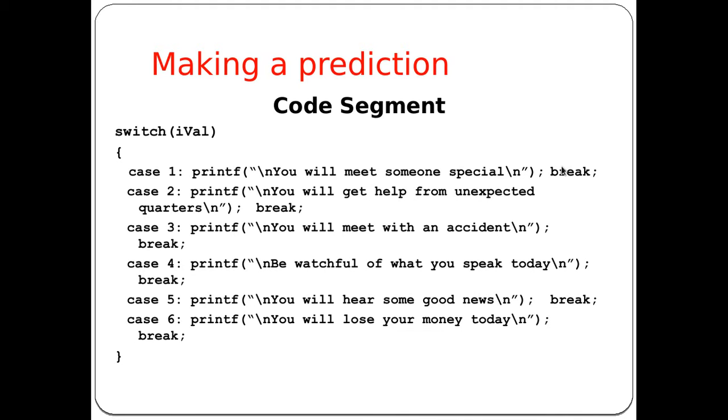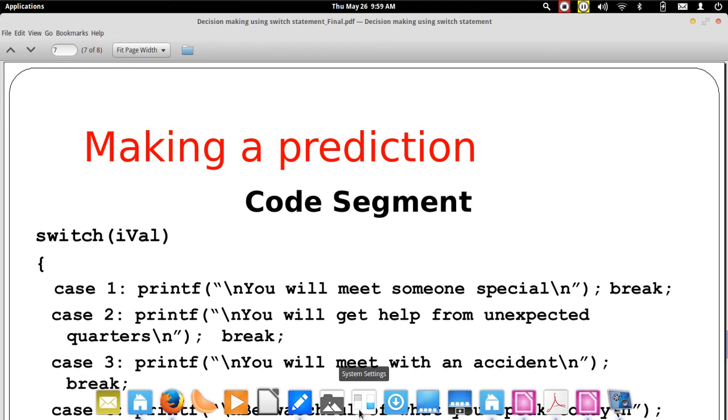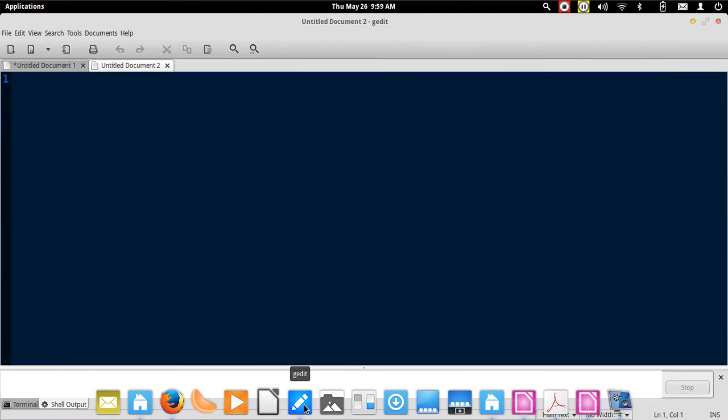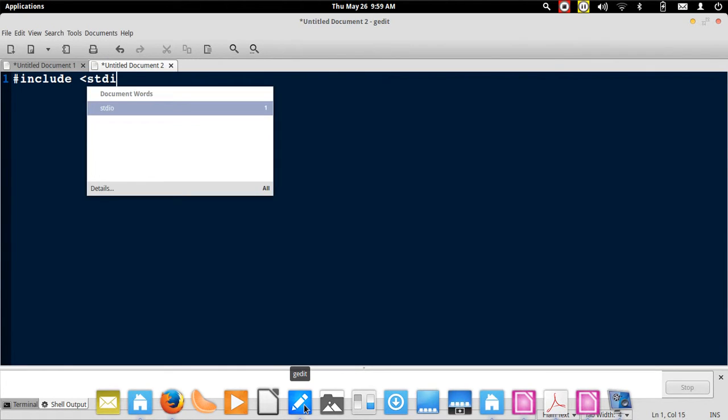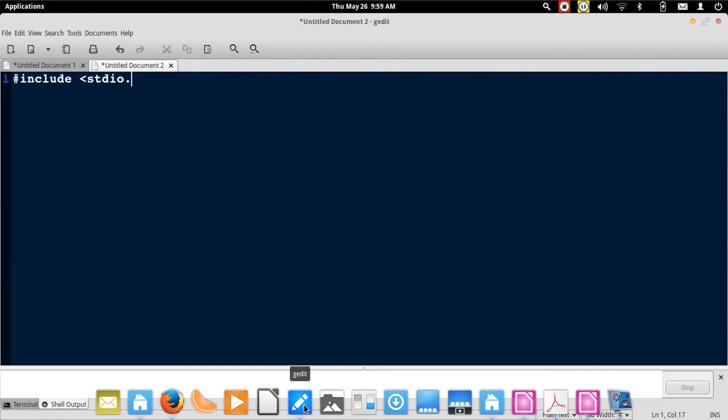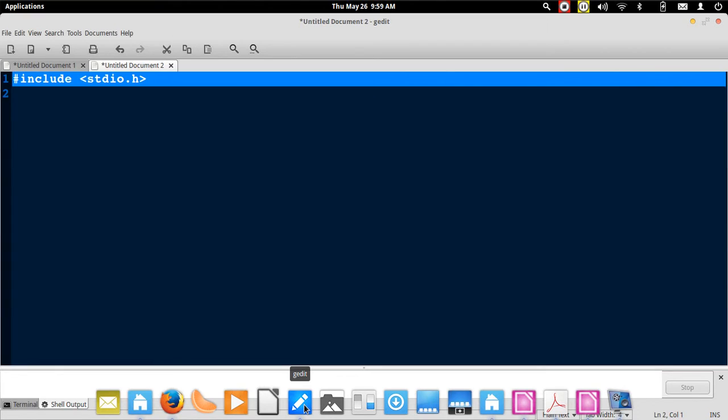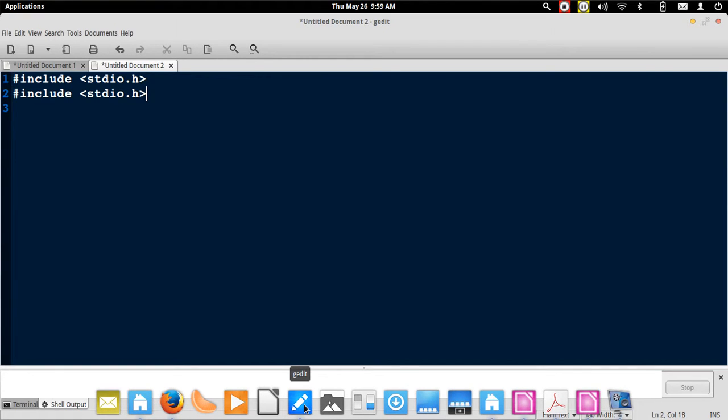So we have coded several cases here. Now let's see how we can code this as a program. So open a text editor of your choice. So again, since we are writing a C program, we will include appropriate libraries. stdlib.h for the rand functions that we are going to use.